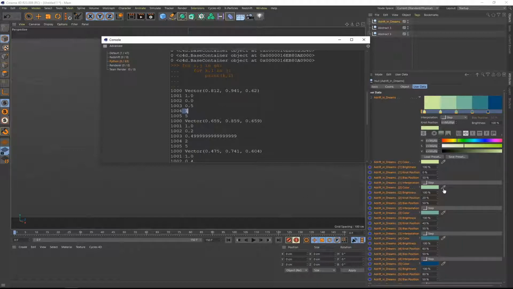And 5 is the interpolation. So step is parameter number